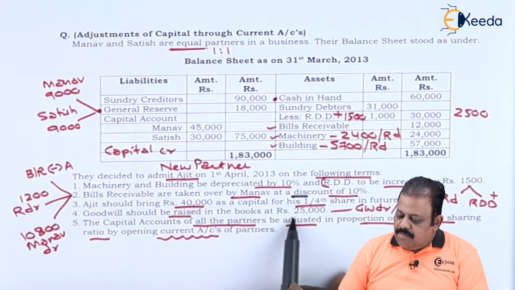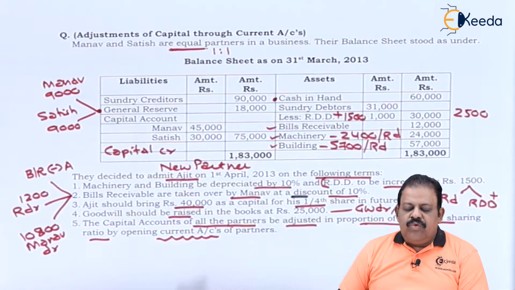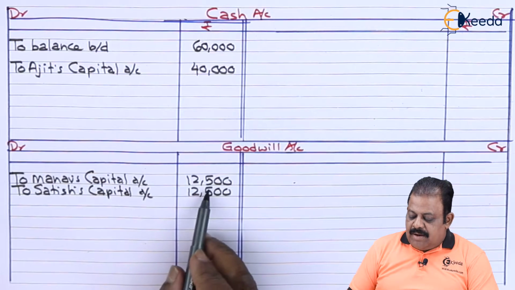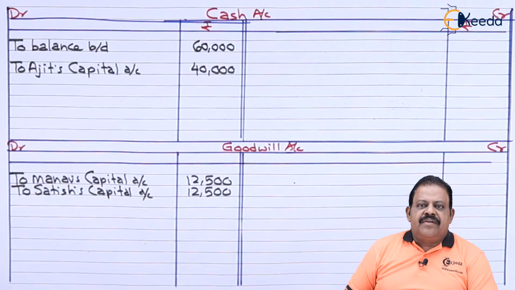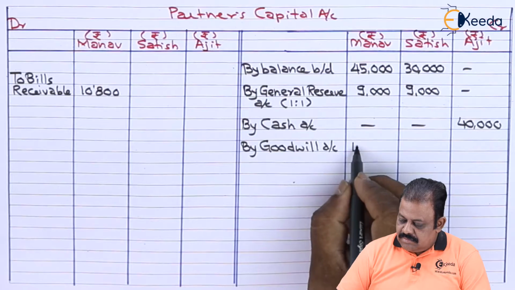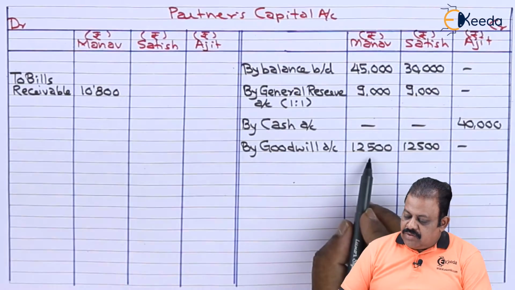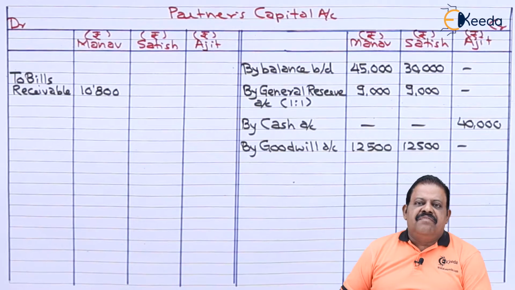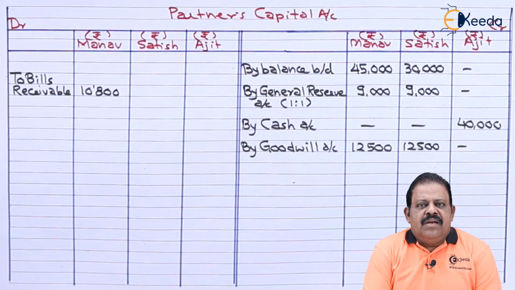Goodwill should be raised in the books at rupees 25,000. So goodwill account will be debited and old partners' capital accounts will be credited. Goodwill account debit to Manav's capital 12,500, to Satish capital 12,500. Partners capital account credit by goodwill account, Manav 12,500, Satish 12,500. We have given effect to all adjustments. Let us close